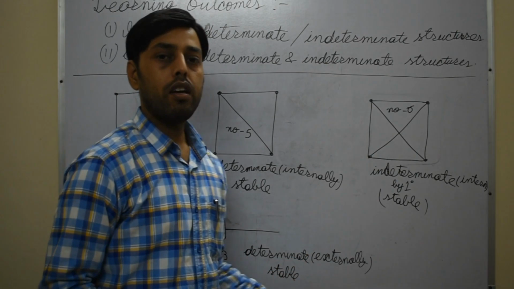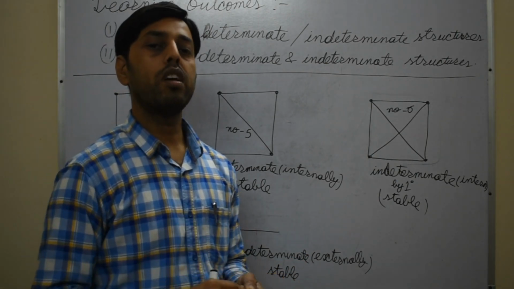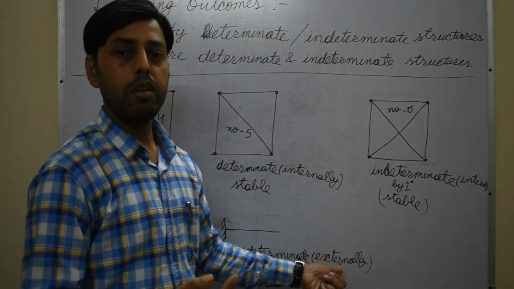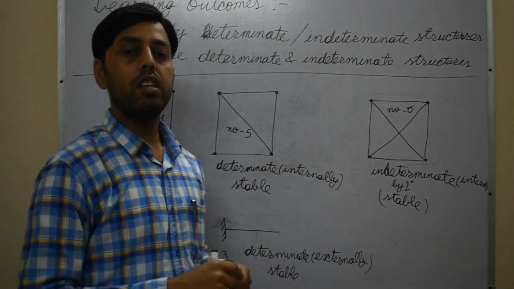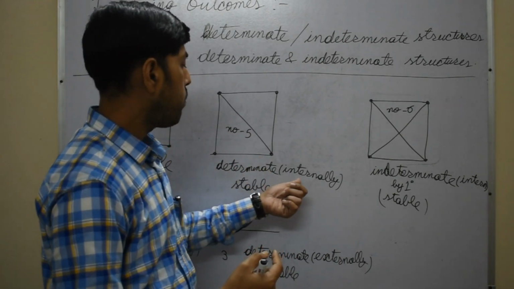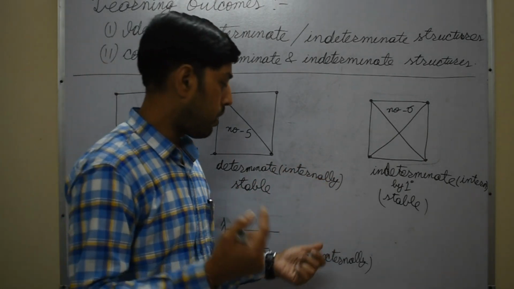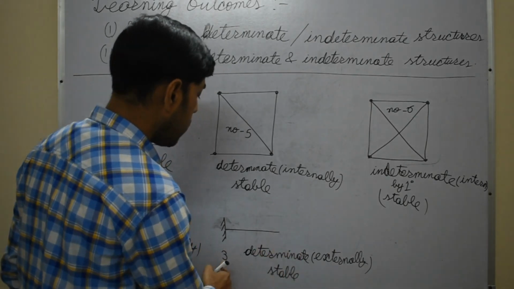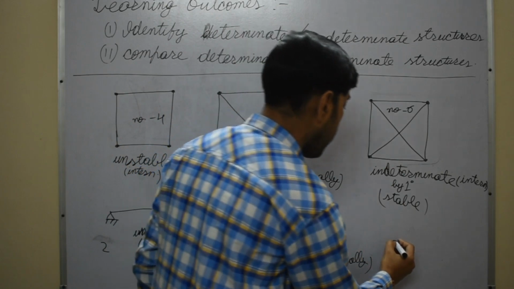External means if we are making anything stable with respect to the support reactions, then it leads to external determinacy, indeterminacy or instability. And if we are making its own geometry stable using the minimum number of members, then it is internally stable, determinate or indeterminate. So in this case, the minimum support reactions required is 3 and we have provided that minimum number of support reactions. Now,